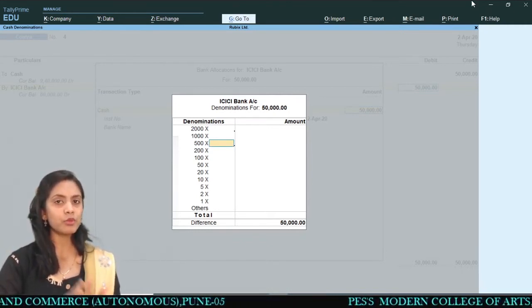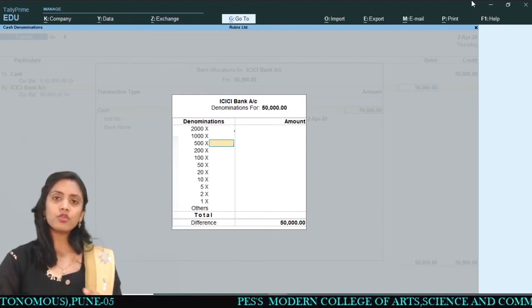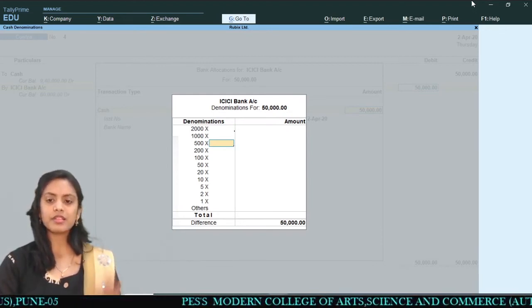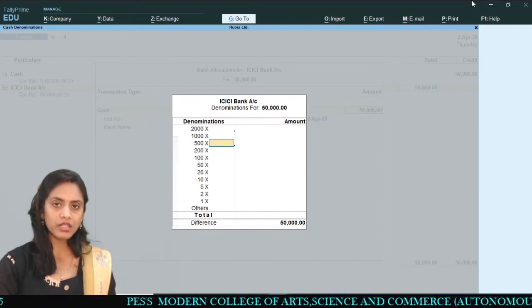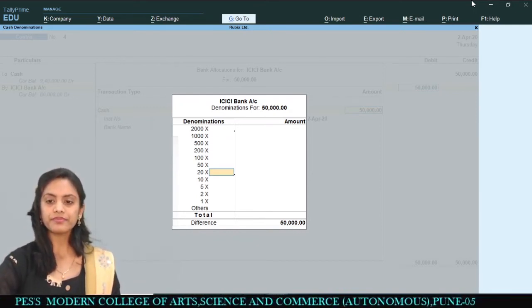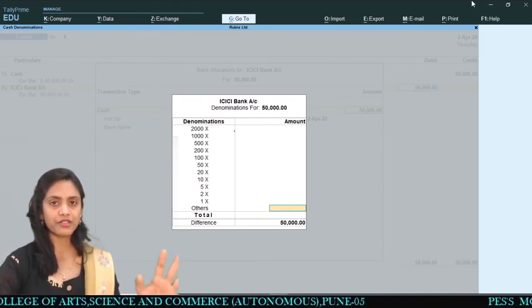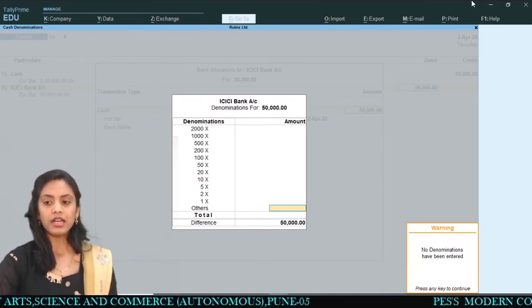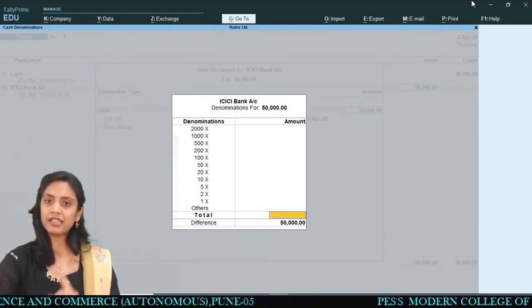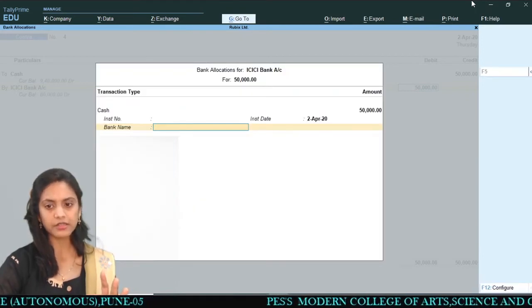But right now, I'm not giving anything. When you go for practical purposes, you can give the details, but it is not compulsory. If you don't want to give these details, that is okay. Then I just have to press enter without typing anything. The message says no denomination has been selected. Yes, that is okay for us. So I'm pressing enter again.